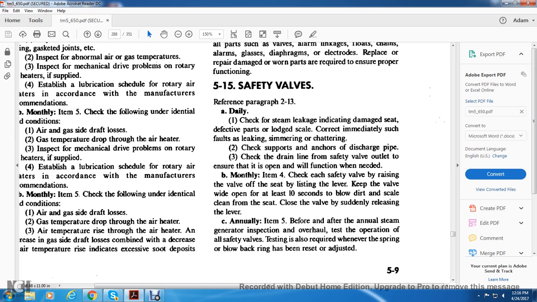B. Monthly, item 4. Check each of the safety valves by raising the valve off the seat with the lifting lever. Keep the valve wide open with the lever for 10 seconds to blow off the dirt and scale. Clean the scale from the seat. Check the valve and suddenly release the lever. Annually: